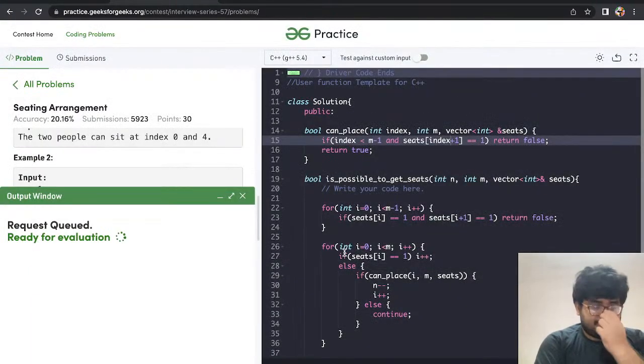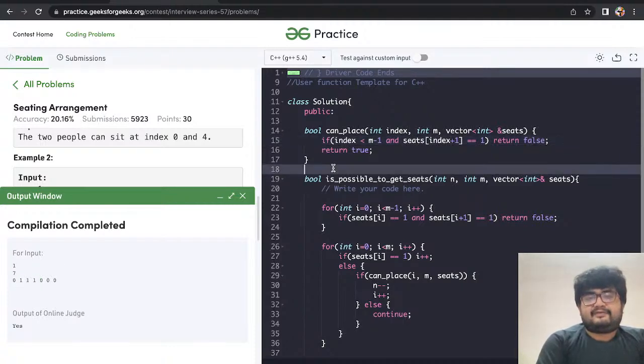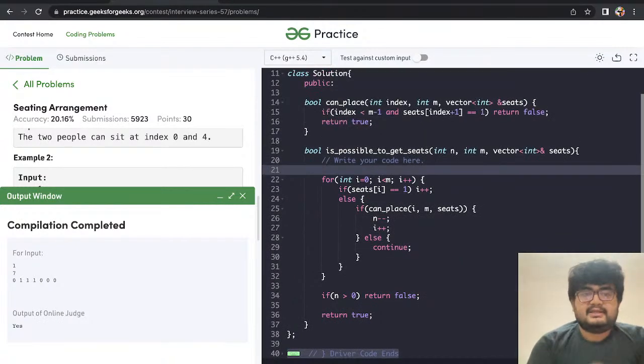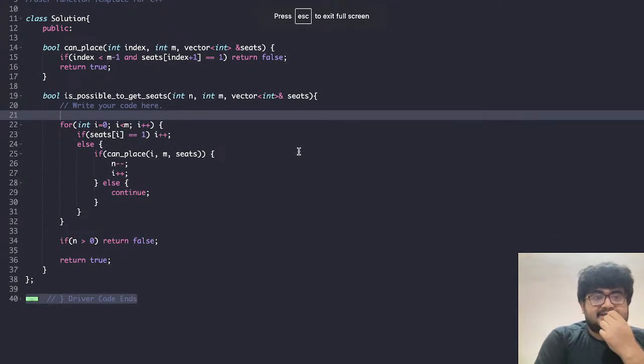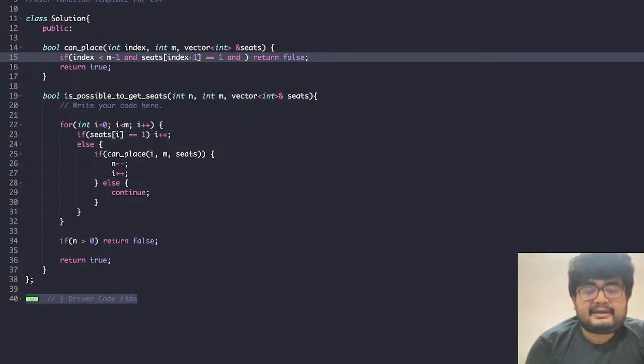Let's check the expected as well. Oh, expected is yes. Oh, so someone said that if they're already sitting, that should be false. In that case, yeah, it will not work. So I thought that's the case, right? So let's just remove this. So if two people are already sitting next to each other, then that doesn't matter as long as we can place the last person. So in that case these things will change a bit. What will change? And also here and